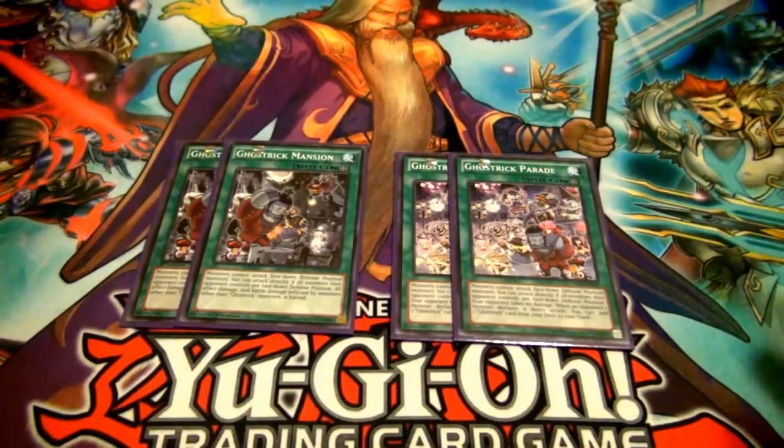all monsters their opponent controls are in face down defense. Mansion's effect is all effect damage and battle damage inflicted by monsters other than Ghostrick monsters is halved. So it also lets you stall a bit with the life points. You're not taking as much damage as the opponent will be taking when you're dealing damage with all of your